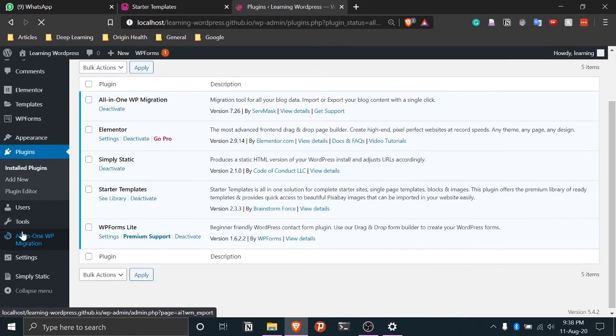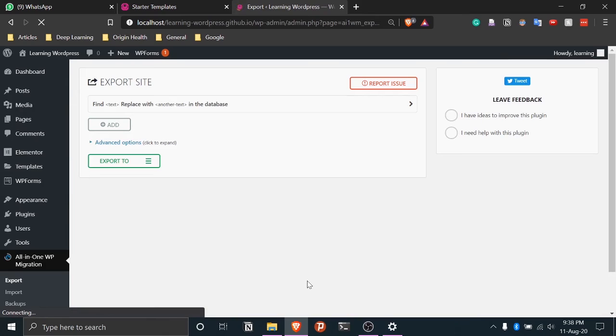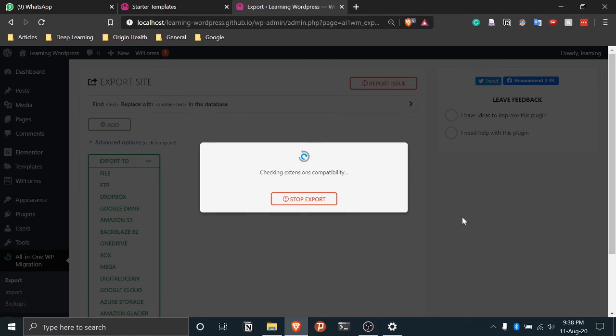Now we'll go to all-in-one WP migration, and we'll export this whole website into a single file, and that in one way creates a backup, so that in case we mess up some file and accidentally delete something, we'll still have a copy of this website. So we'll export it to a file.